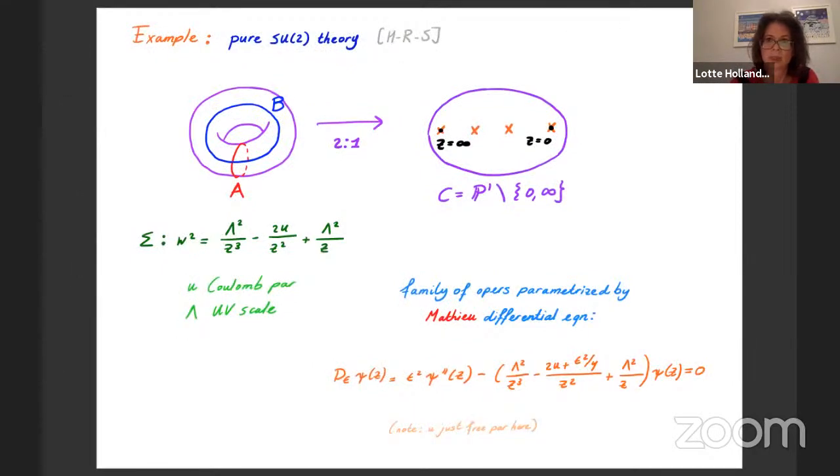The second example that I want to look at is the example of the pure SU(2) theory, which has a more complicated superpotential. Remember that the Seiberg-Witten curve was given again by a double covering over the twice punctured sphere with irregular singularities at z equal to 0 and infinity. In this case, the corresponding quantum Hamiltonians are given by the Mathieu differential equation, which we've seen before as well. It's written down again here.